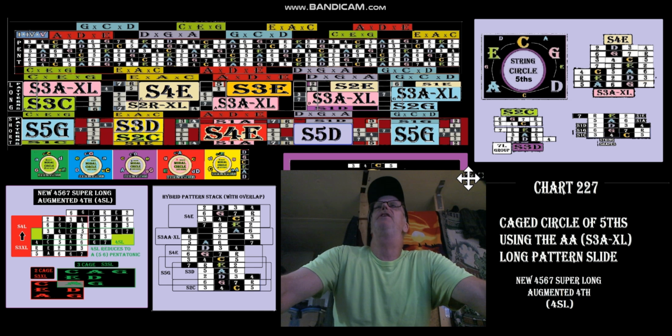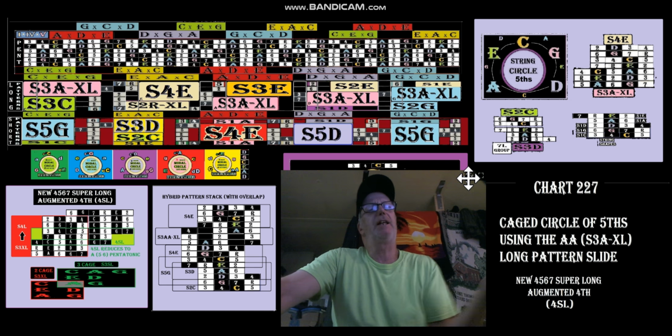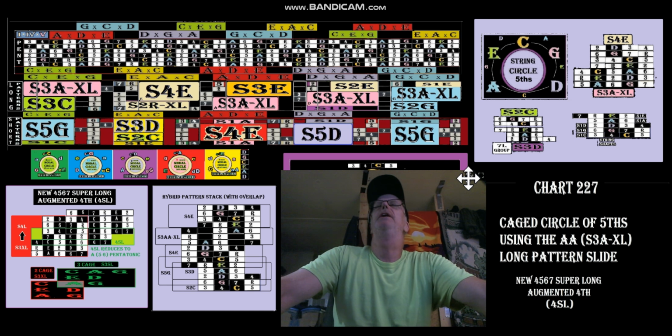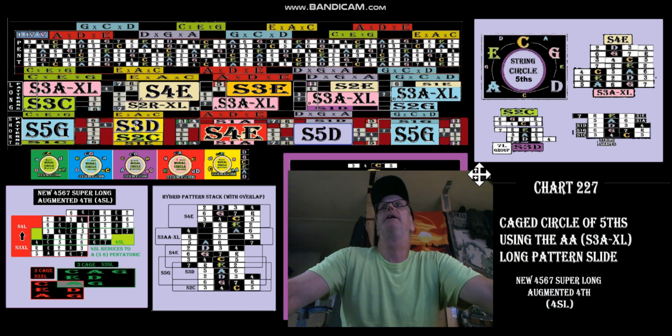Cage circle of fifths using the AA3 S3A. That's a 3-string starting on the A long shape, extra long pattern slide. I call it a slide, but it's really not like a string slide. And then I also have this new 4, 5, 6, 7 super long augmented fourth, a string of 4 whole notes